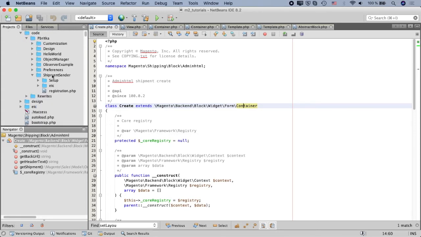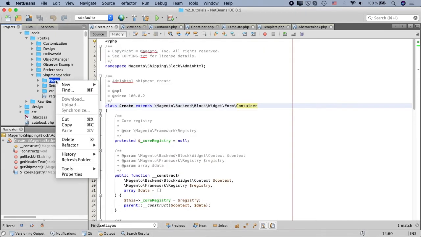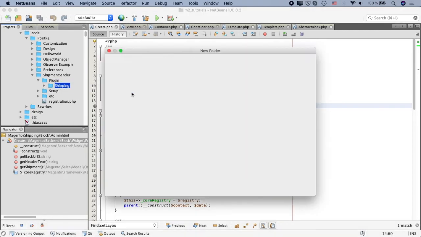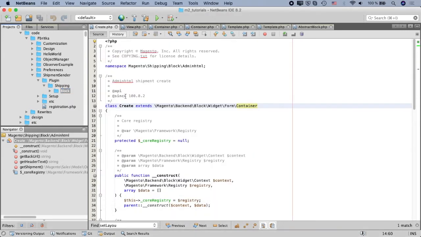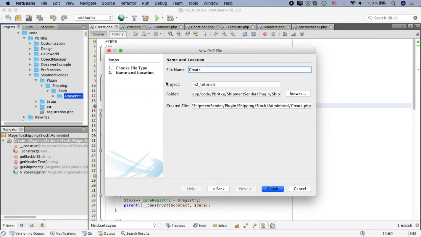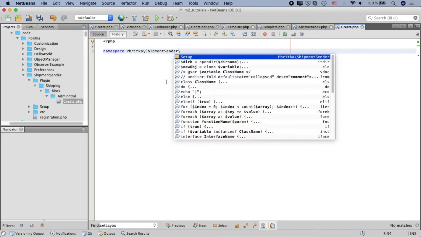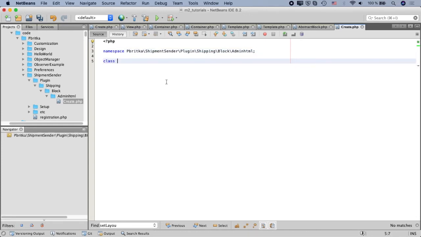In our shipment sender module, create a folder plugin, shipping, block, admin HTML. Inside this directory, create a new PHP file, create.php, define the namespace, Britka, shipment sender, plugin, shipping, block admin HTML, define the class name, create,